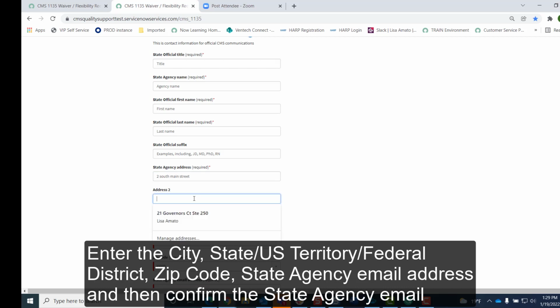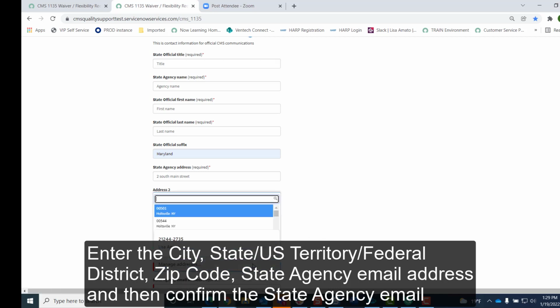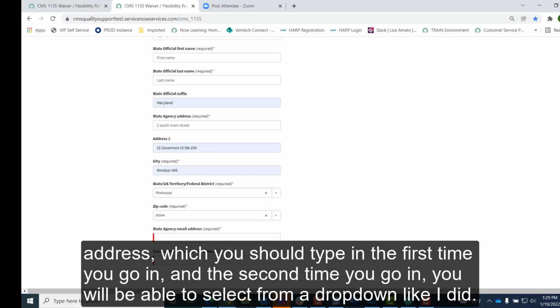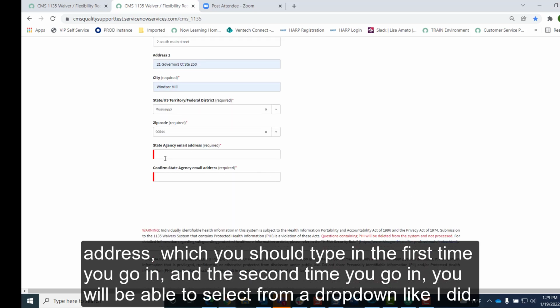The state official suffix field is optional. You can enter a suffix as appropriate. Enter the state agency address. Address 2 is an optional field. You may leave it empty. And we're going to add the city and state, as well as a zip code.